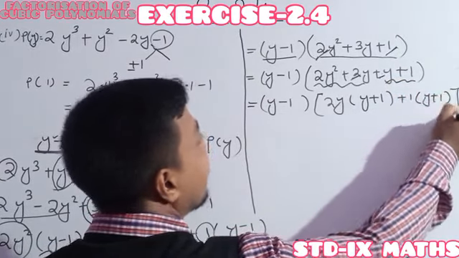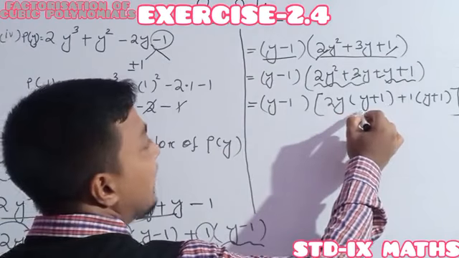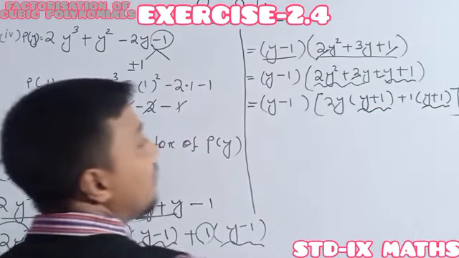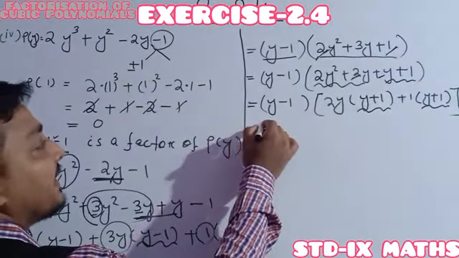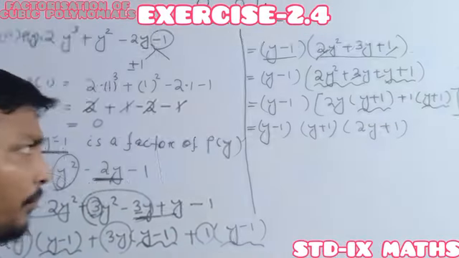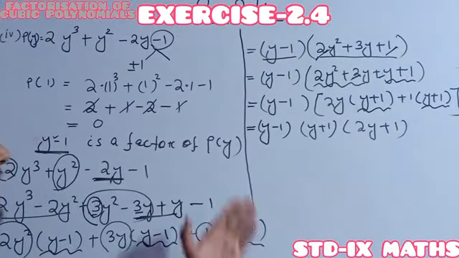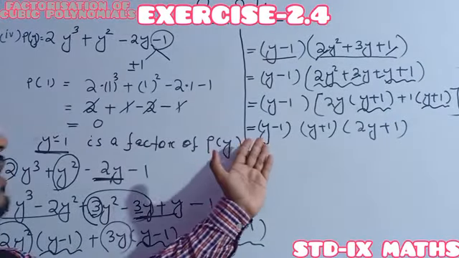So now the quadratic polynomial has been reduced into two terms, and in both cases y plus 1 is the common. So it becomes y minus 1, and between the two, y plus 1 is common, and the non-common one is 2y plus 1. So now the polynomial has been factorized in the form of y minus 1 into y plus 1 into 2y plus 1. See, all are irreducible factors. Once more, all these cannot be factorized. Understood? This is the easy formula, or not?